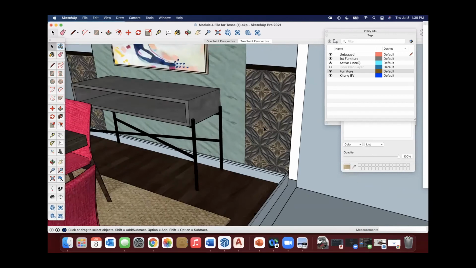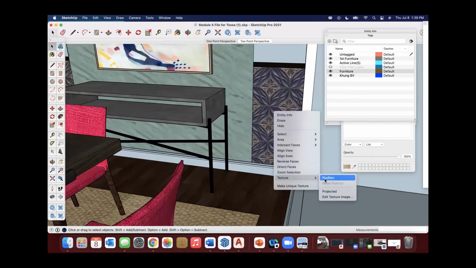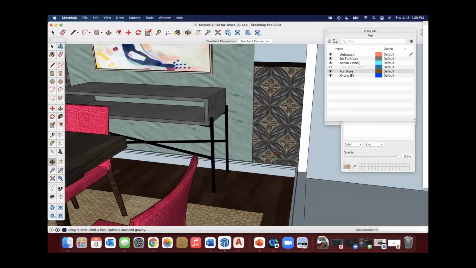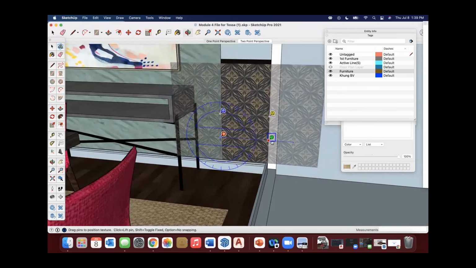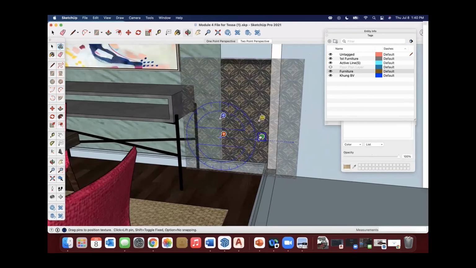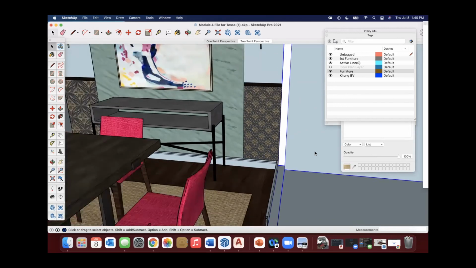Now, lastly, you can do the same thing over here. You can determine based on the material. You would know the dimensions of this before you applied it, because you would have already researched this product and what you're wanting to do. So you would need to determine, does this need to be bigger or does this need to be smaller? Again, I could do the texture, position it, adjust that scale, and make it a little bit smaller. Oop, don't rotate. I don't want to rotate. I can make that a little bit smaller and determine if that looks better, or if I want to have a bunch of tiling. So you can see how that looks.